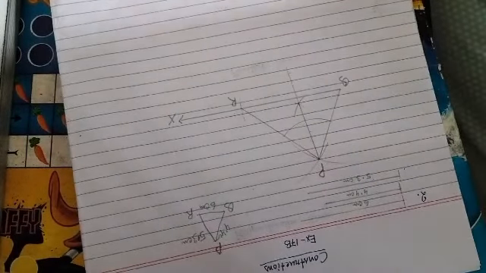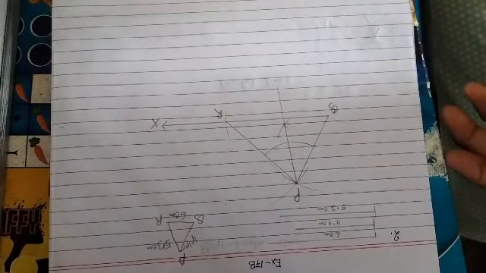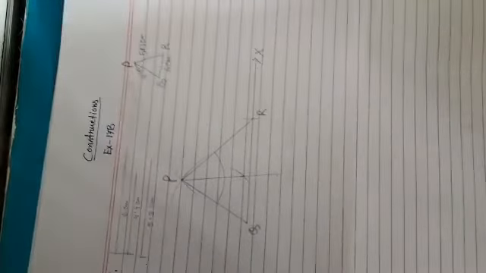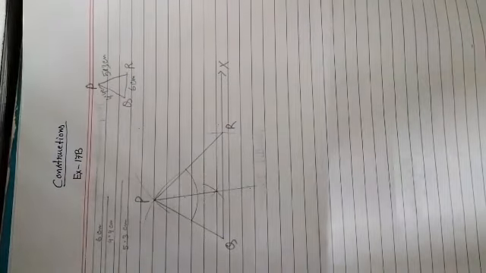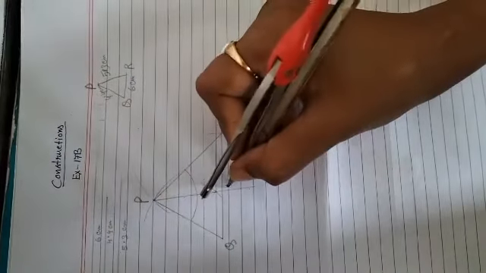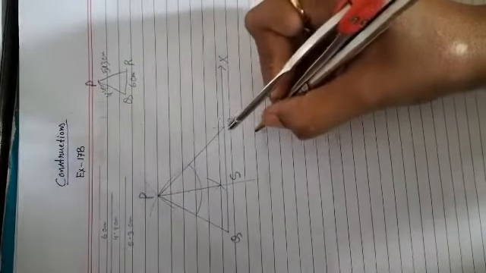This is the angle bisector. Angle P is bisected into two equal parts. Then I'm giving it the name S. So therefore